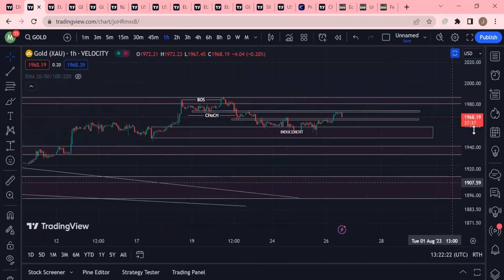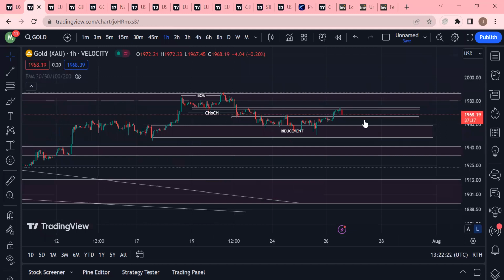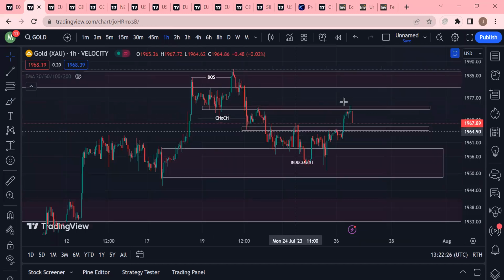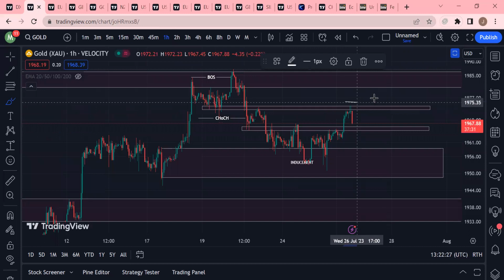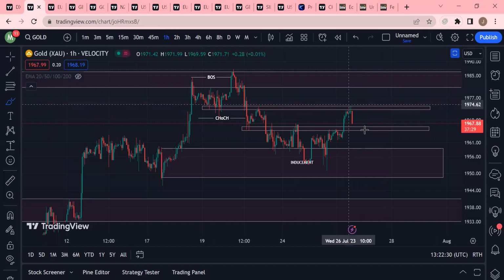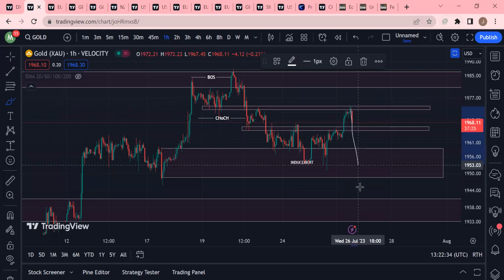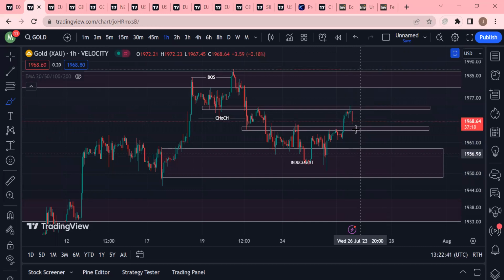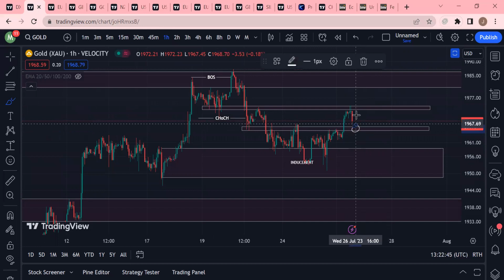I'm selling already from 1970. My stop loss is just above 1975. I'm risking 500 pips to see if I can cash this 1970 to 1940 or 1945. That's about 350 pips. So it's a very good risk to reward. But immediately I'm not seeing this break and I'm seeing a bullish sign, I'll take however many pips I get and take care, and buy for